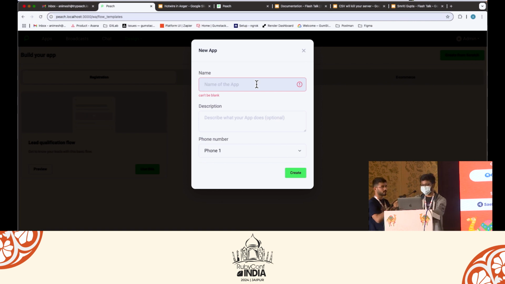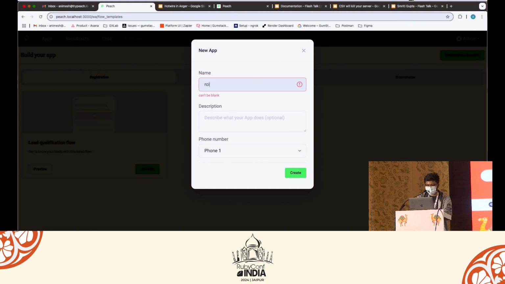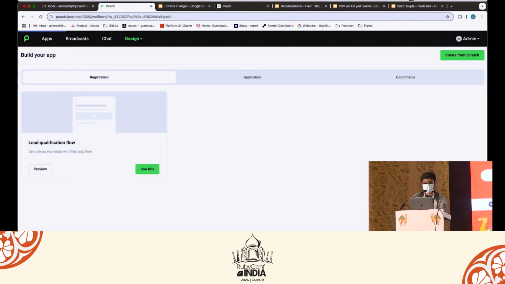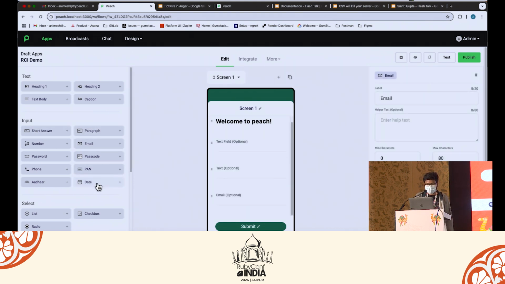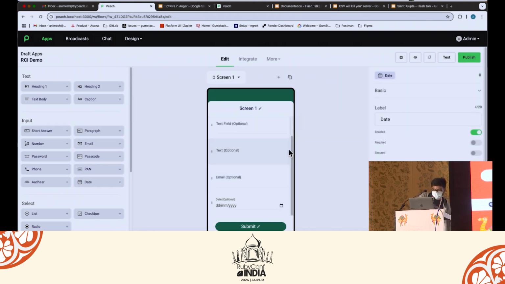It's basically a form builder. It's going to be a pretty awesome demo. It's a form builder in Hotwire, if you can believe it. Let me get my server running. Nice. This is a form builder that our team built at Peach. You just keep adding fields. And if you notice